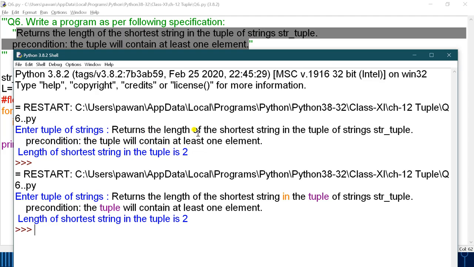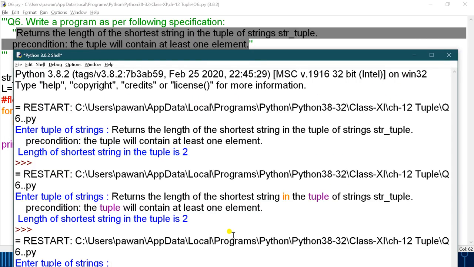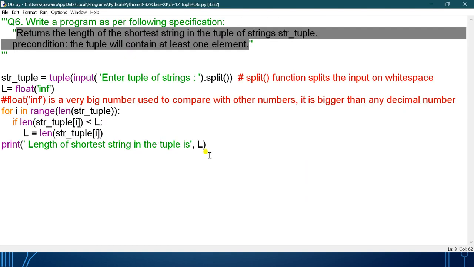So you can see this, of, at, okay, this is there. For example, I am just running it again. Okay, now it will give you the answer 1 because the shortest string is a, so it will give the length of the shortest string, that is 1. Okay, so I hope this question is also clear.